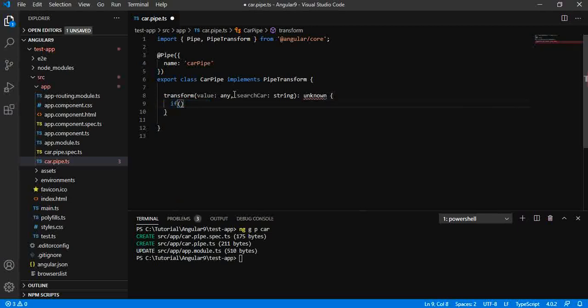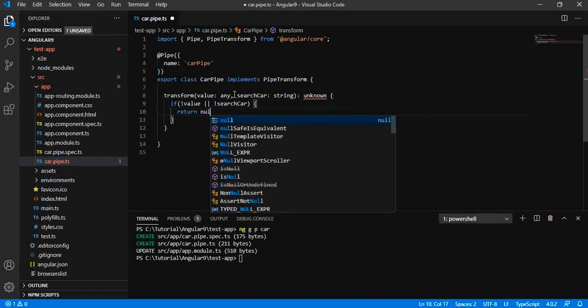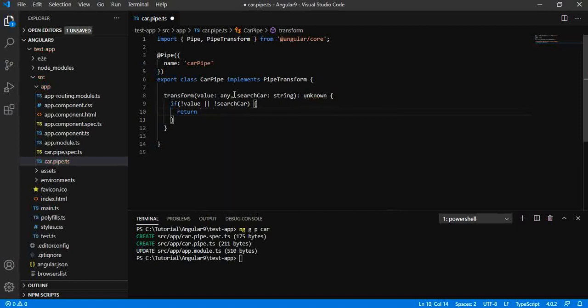If not value or not search, if both of these values are not available, then return value, otherwise return the filtered array.